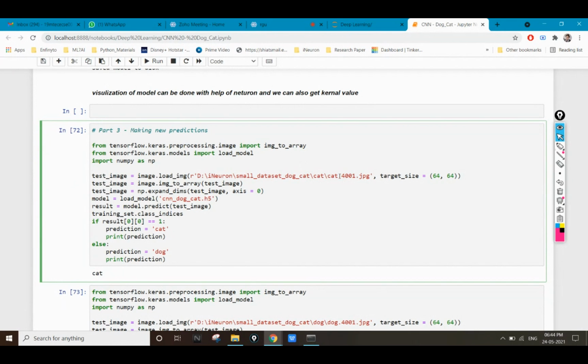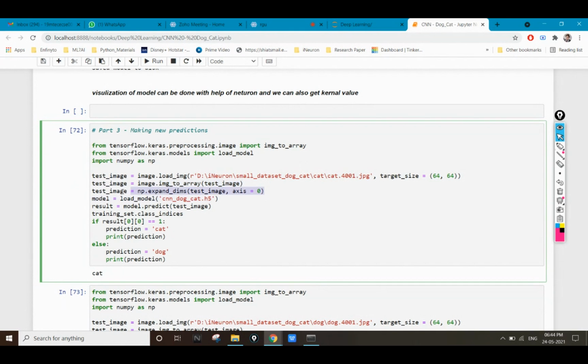You can see I'm providing a cat image here. I'm converting this image to 64 cross 64, because I created my model keeping in mind that the image size is 64 cross 64. So I'm also converting the image I'm using for prediction into a 64 cross 64 matrix. Then I'm loading the image and converting it into an array.